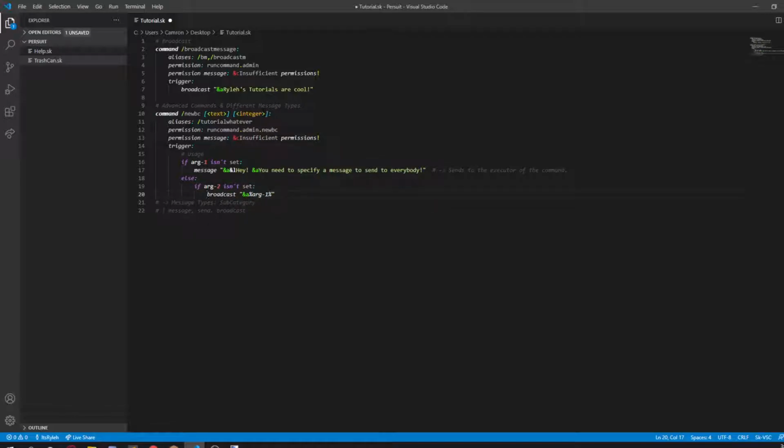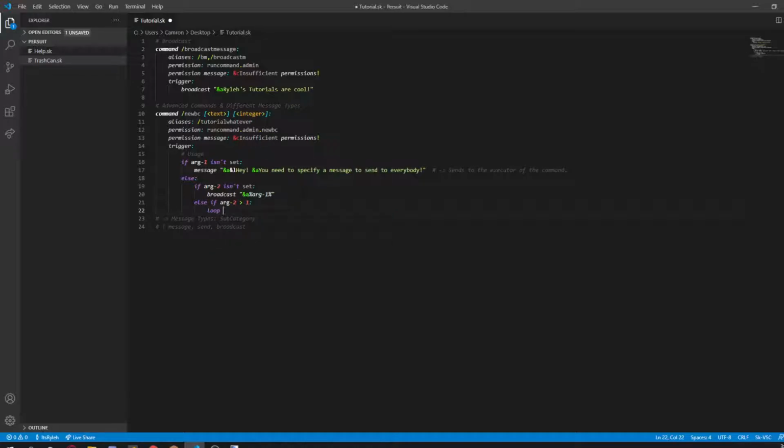So if the integer isn't set, so if it's just nothing and it's just a message, then it's only going to send it once. What I want the second argument to be is how many times it will send the broadcast. So else, if arg2 is, or you want for organization purposes, else if arg2 is more than 0 or is more than 1,